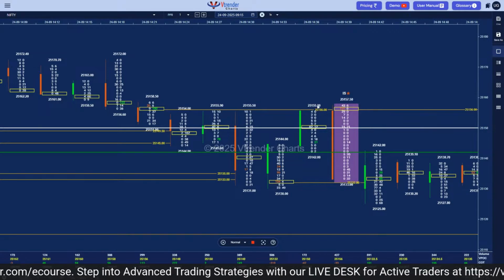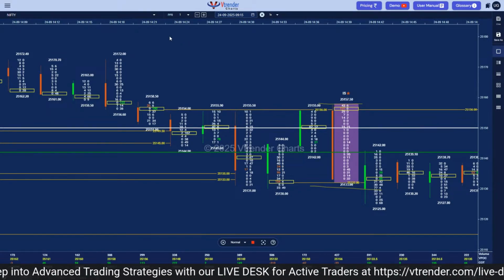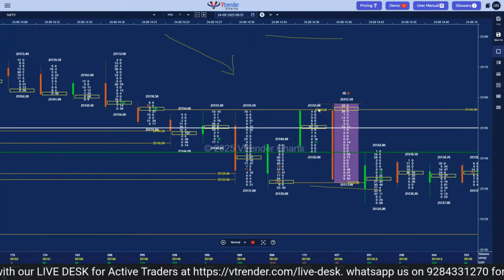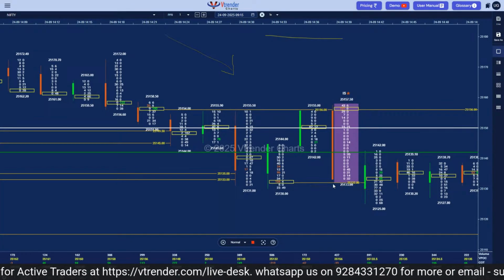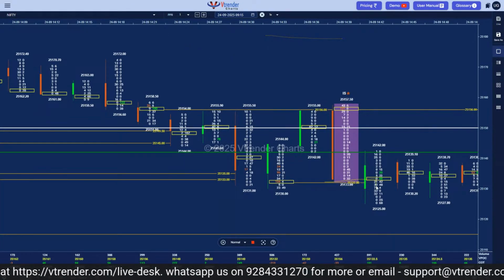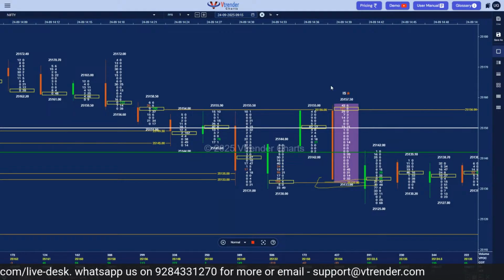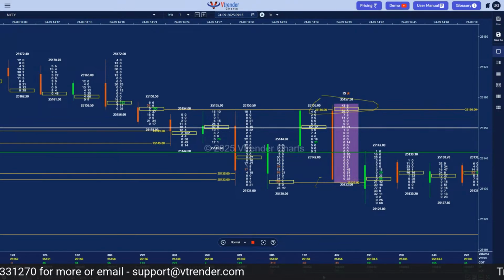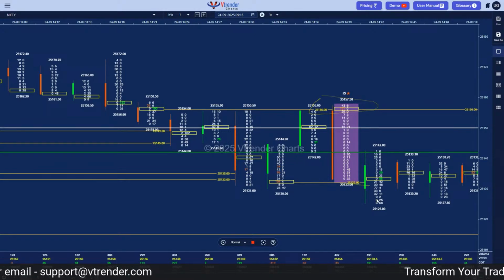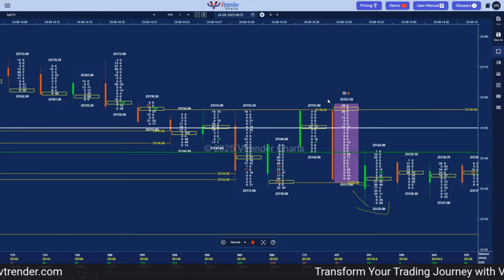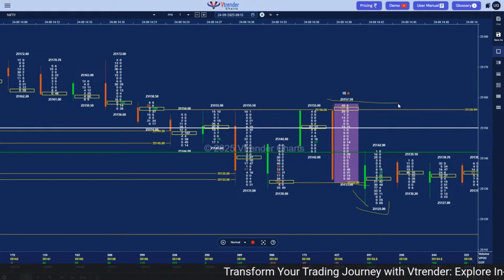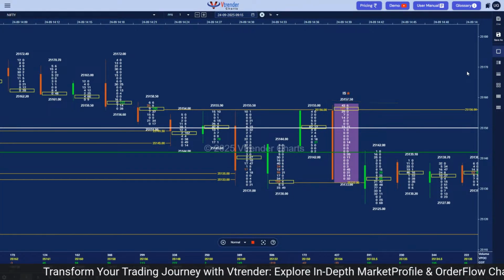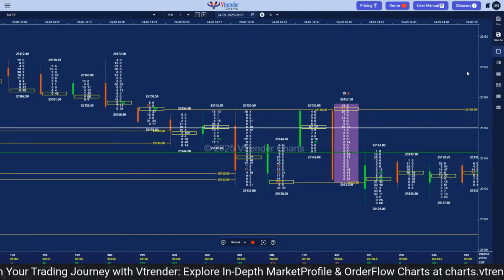So once this IS3 formed, and we already knew that the bias was on the downside, 25,200 was holding the top. And once you got this IS3 signal, what was the activation? You break below 25133, your stop loss is 25158. So once this gets activated, which happened in the next bar, 25158 is your stop loss, and you look at the target. What would be your targets? The first target on the downside,